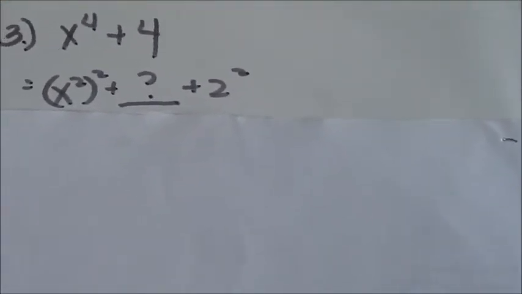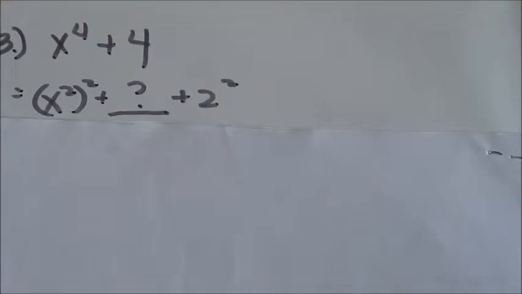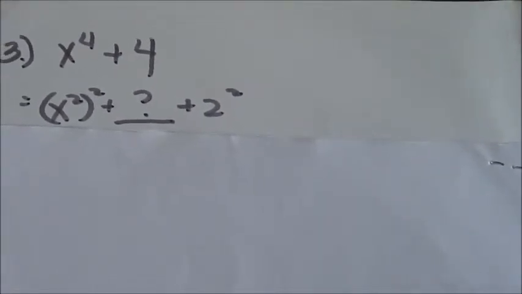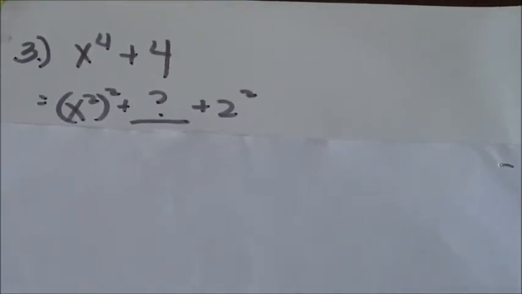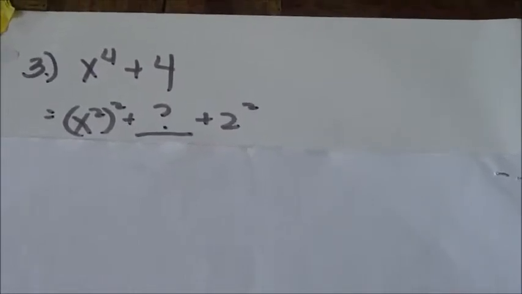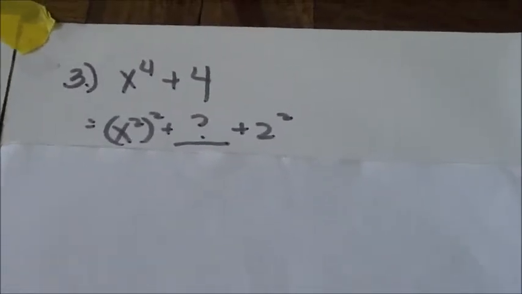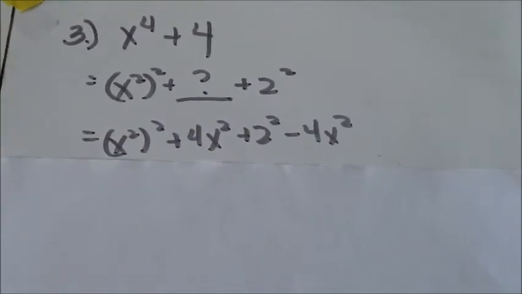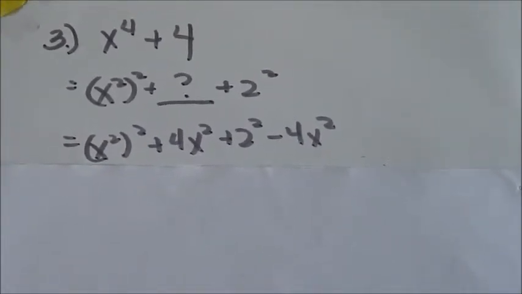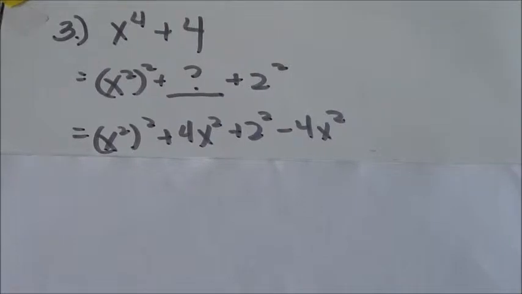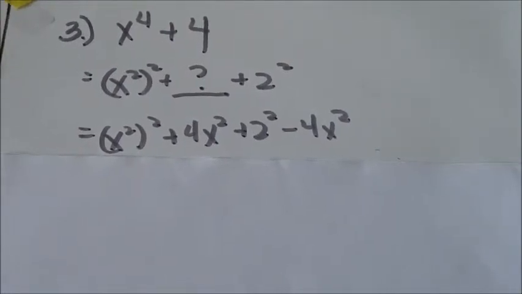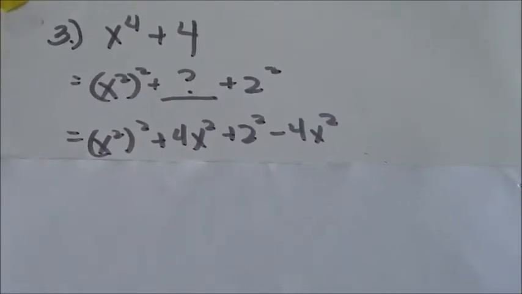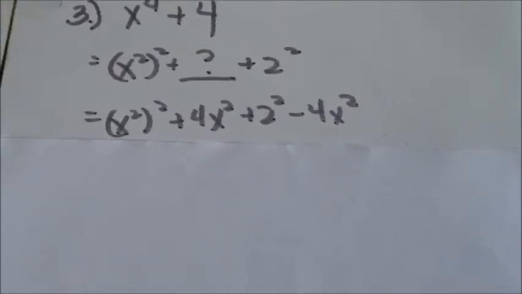So we could find the perfect square trinomial for this if we have the proper middle term. So what should the middle term be? Remember that the middle term is 2 times the first term and the last term. So the middle term should be 4x squared. So what we do is we add 4x squared to the equation, but we subtract it again in order to maintain the equality. So we come up with the resulting equation: x squared squared plus 4x squared plus 2 squared